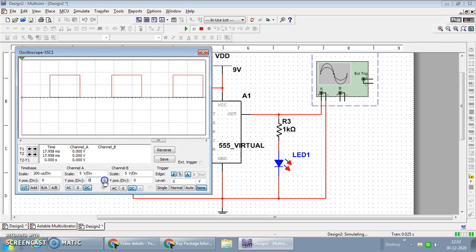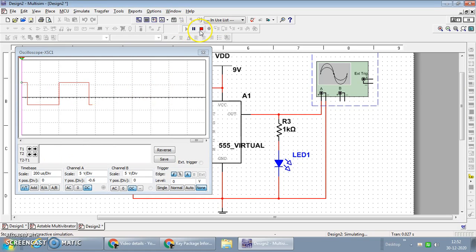I can go with changing the axis. See, for this period it is on, for this period it is off. This period can be changed by changing the values of the R and C components, that is, the charging and discharging time period. Now if we simulate the circuit again, we may not be able to synchronize exactly, but